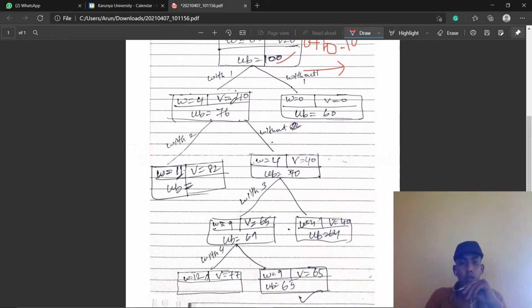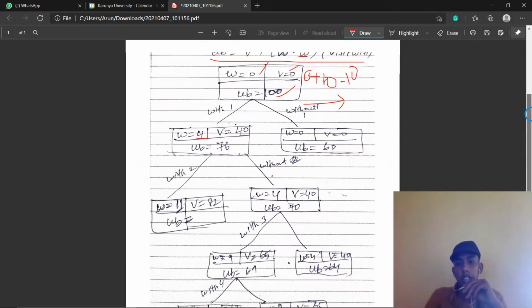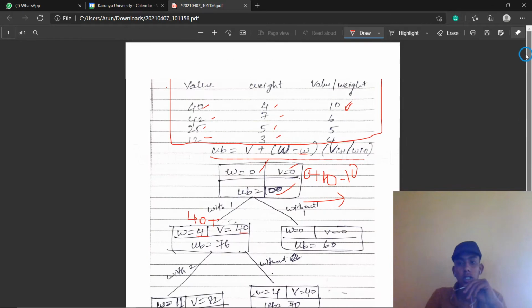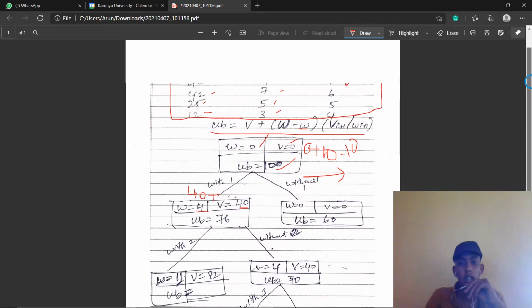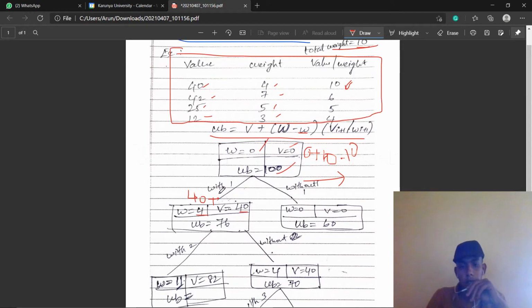Next we find the upper bound using the same formula: 40 plus, total weight 10 minus 4 is 6, 6 into the value per weight of the next item, the second item, which is 6.